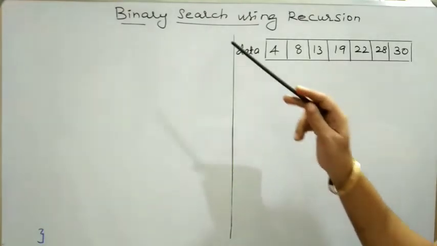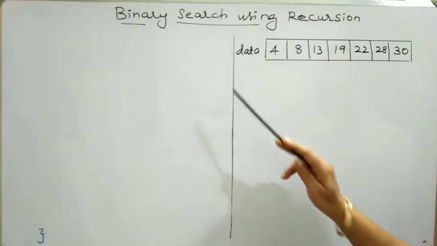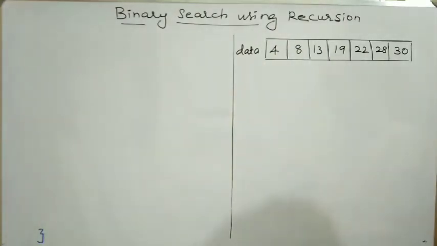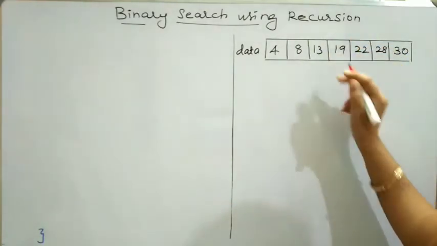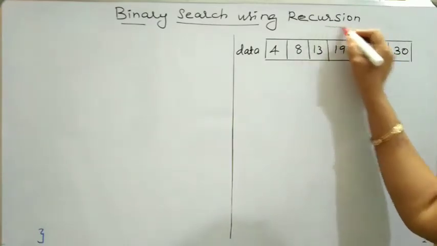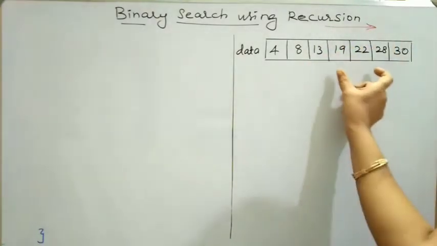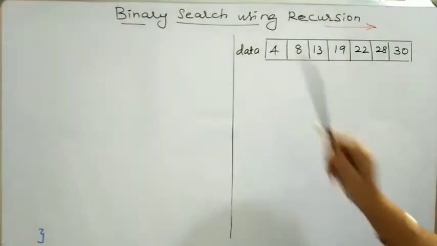In this video, I will explain how to implement this binary search operation in C programming using a recursive function. If I want to implement this binary search operation, we are given a set of values. Those set of values should be arranged in an order. For example, in our case, the values are arranged in ascending order. Since we are given a set of values, the values are stored in an array.